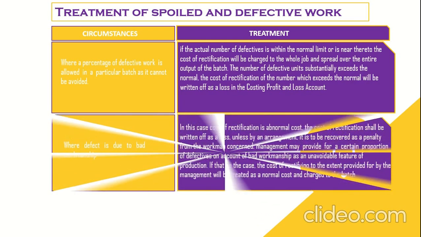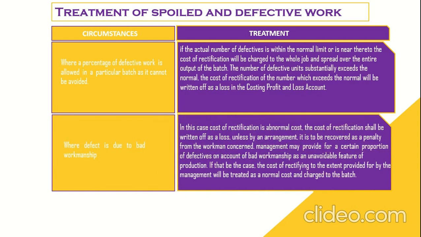Where defect is due to bad workmanship. In this case, cost of rectification is abnormal cost. The cost of rectification shall be written off as a loss, unless by an arrangement, it is to be recovered as a penalty from the workman concerned. Management may provide for a certain proportion of defectives on account of bad workmanship as an unavoidable feature of production. The cost of rectifying to the extent provided for by the management will be treated as a normal cost and